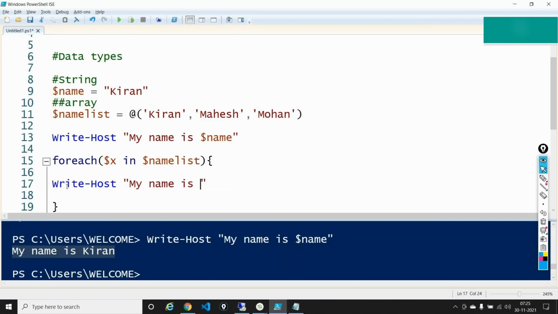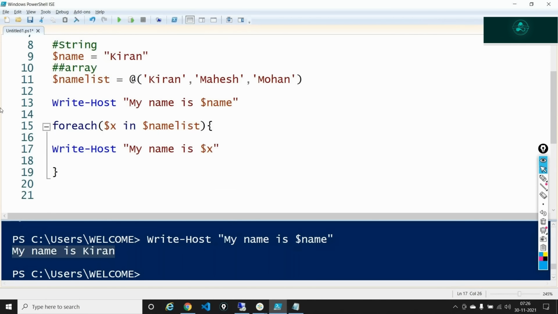$x, because inside these two brackets between 15 and 19, my $x value is getting incremented each and every time the loop is getting executed. So I'm saying it is $x. Firstly, I'm doing a foreach loop. I am taking a temporary variable known as $x. This can be $y, $z, anything. After the dollar, you can declare anything here. And then I'm saying for each $x in $nameList,